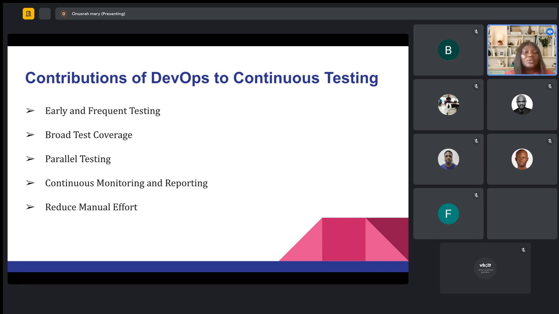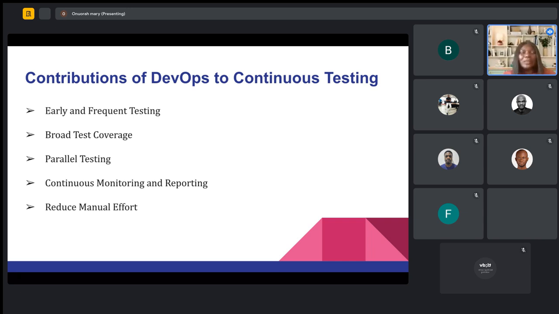So what do I mean by early and frequent testing? This means that when you have automated tests integrated in your CI/CD pipeline, it allows for testing to occur multiple times, at different stages of your development, be it at the unit level, integration level, whatever.